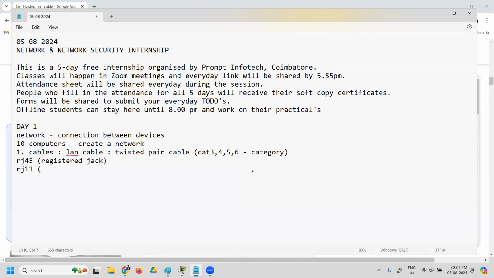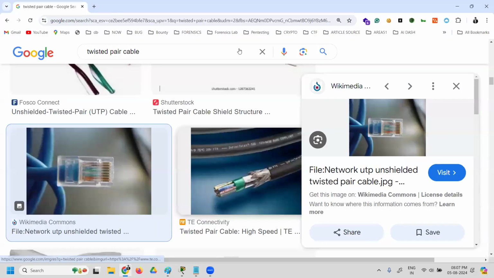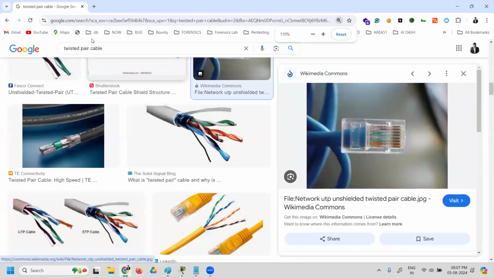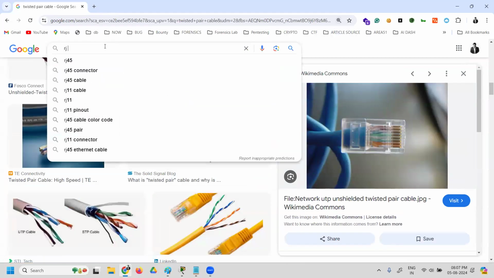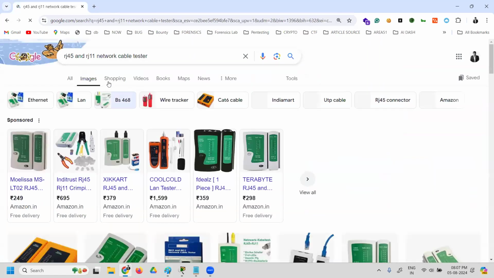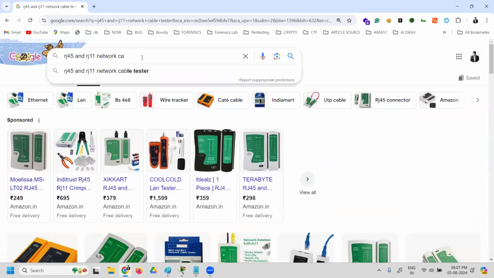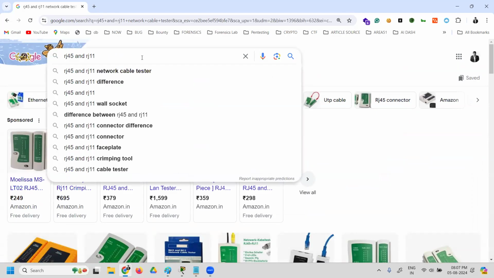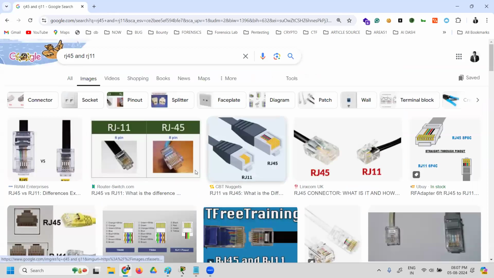Similar to this RJ45, there is something called RJ11, which you should have seen in telephone lines, right? I'll show you the difference between the RJ45 and RJ11 connectors. See here.